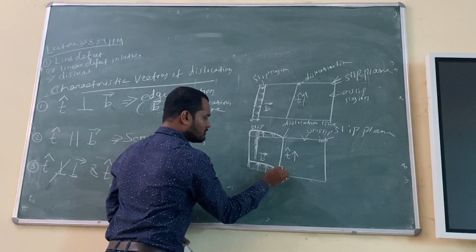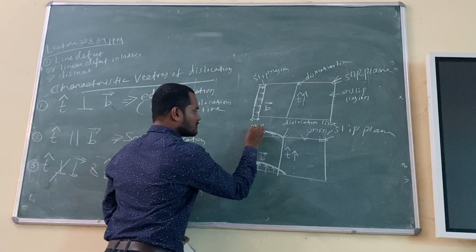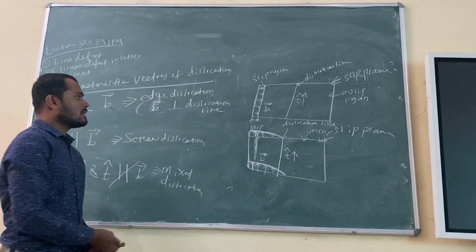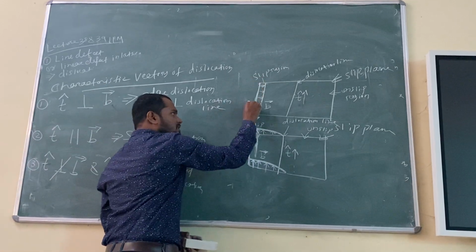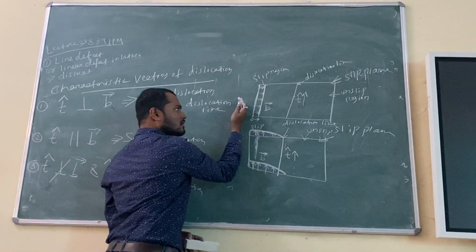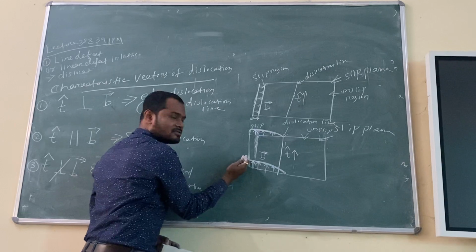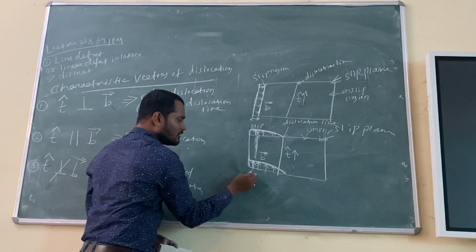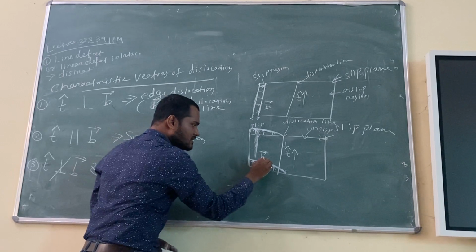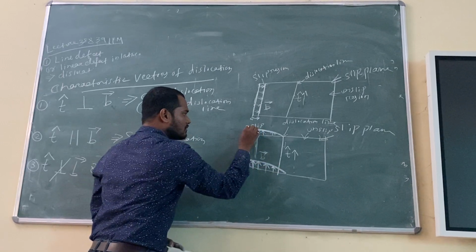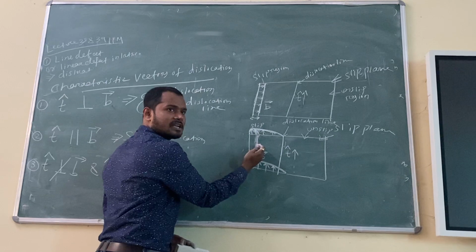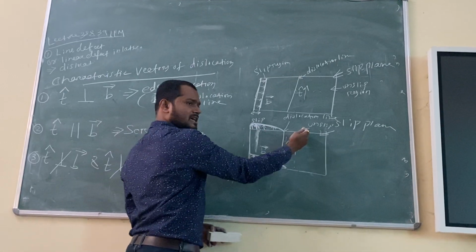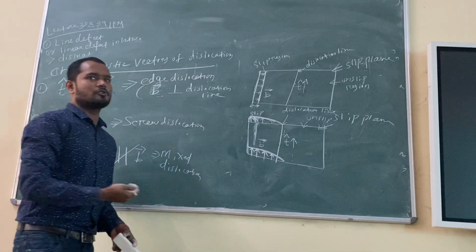Now the confusion will be clear. Just see. It was initially here and it has moved to this one. In this case, movement is in this direction, not here. Right? So the direction of Burgers vector is in this direction. There is no movement in this direction. Just have a look. So if Burgers vector is in this direction, tangent vector is in this direction. They are parallel. So it is called screw dislocation.